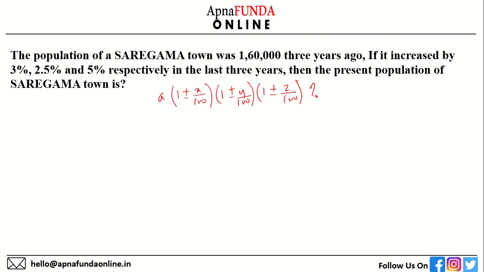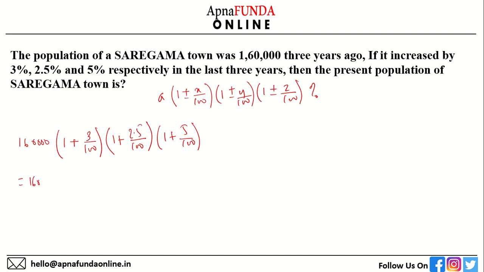So this says 1,60,000 into 1, all are increasing, so it will be plus, 3 by 100, into 1 plus 2.5 by 100 into 1 plus 5 by 100. Correct? Let's solve this. This will be 1,60,000 into 103 by 100 into 102.5 by 100